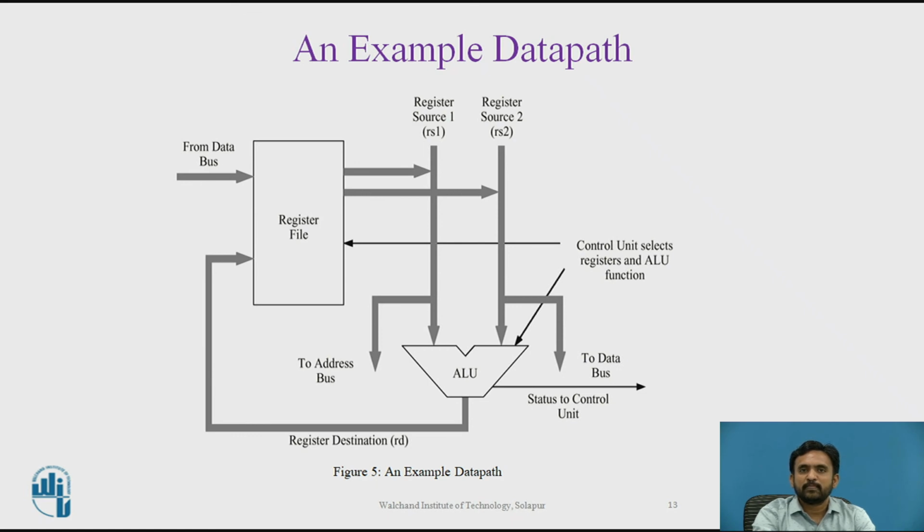Regarding the data path, it is made up of a collection of registers known as the register file and the arithmetic and logic unit. This figure explains the data path of an example processor. The register file in the figure can be thought of as a small fast memory separate from the system memory, which is used for temporary storage during the computation. Typical sizes for a register file range from a few to a few thousand registers. Like the system memory, each register in the register file is assigned an address in a sequence starting from 0.